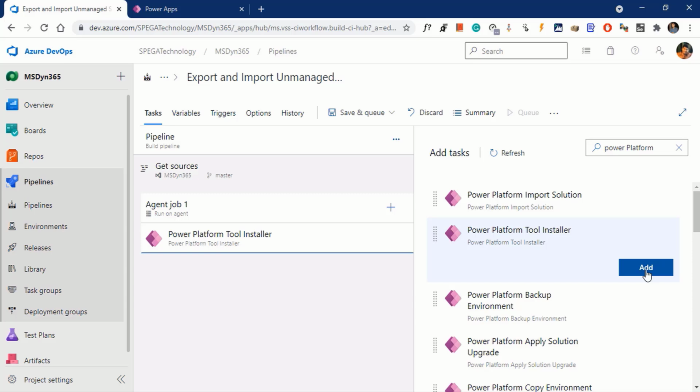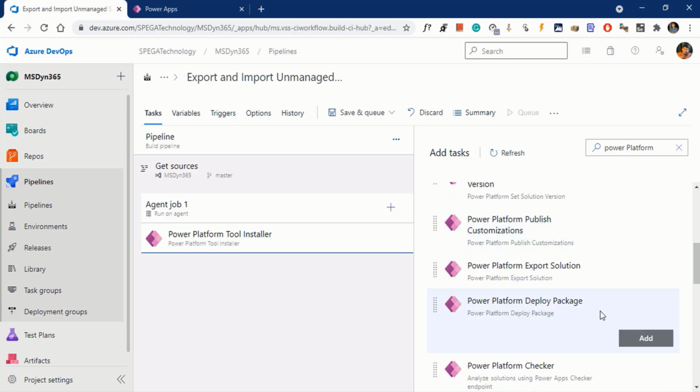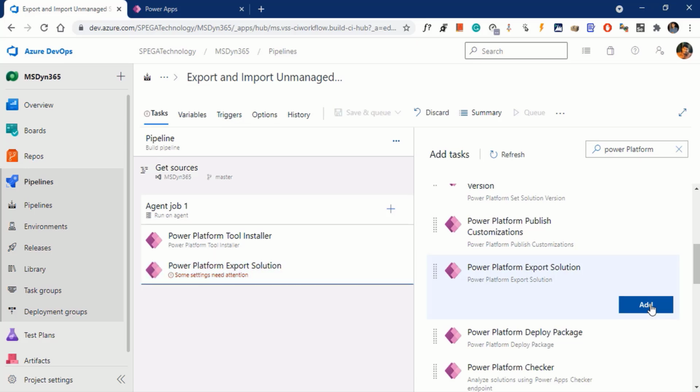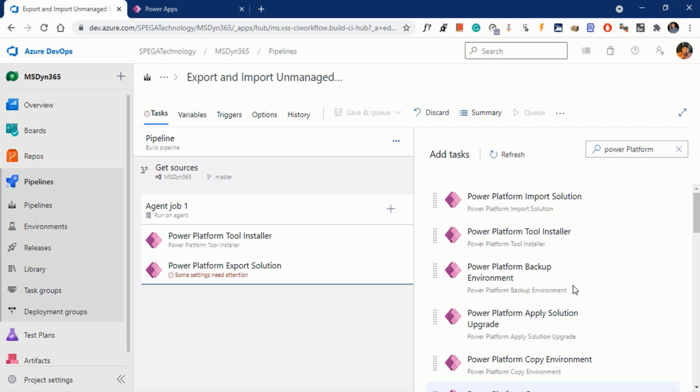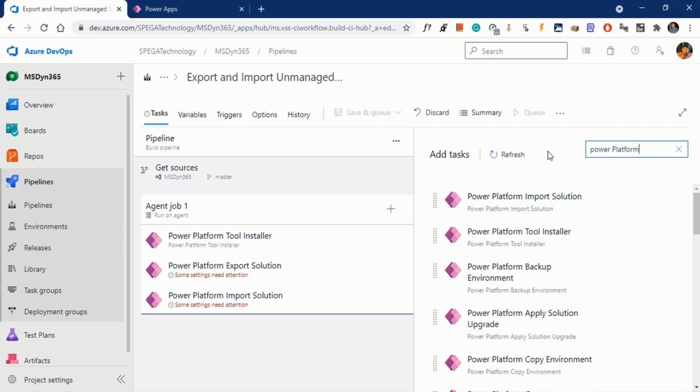Next, we need to add export solution. Click on add, and we need to add import solution. Click on add. Now we added the export and import tasks to this agent job 1.